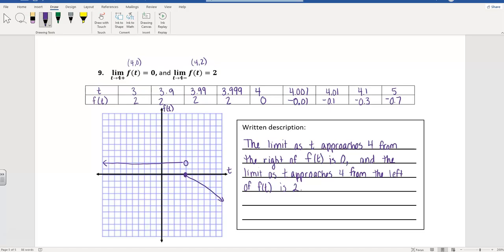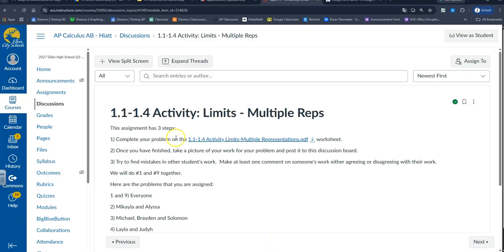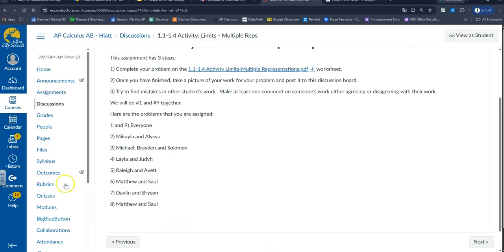Okay, so we got like 10-ish minutes left of class. What you're going to do is I have assigned one of these to everybody. Everybody's going to have a partner. And you are going to complete it. And then one of you is going to post it to the discussion board on Canvas for me. Take a picture with your phone, post it to that discussion board on Canvas, or you can take a picture with your computer, either one. And then what you'll do tonight, although Matthew and Saul, if you have time, also do 8, but if you don't have time to get to it, that's okay. I just didn't have enough people here. So,